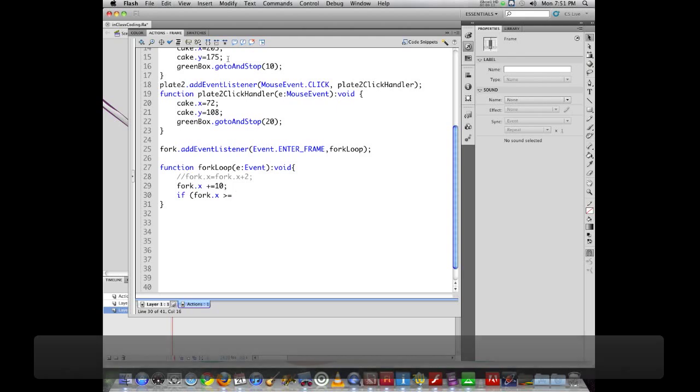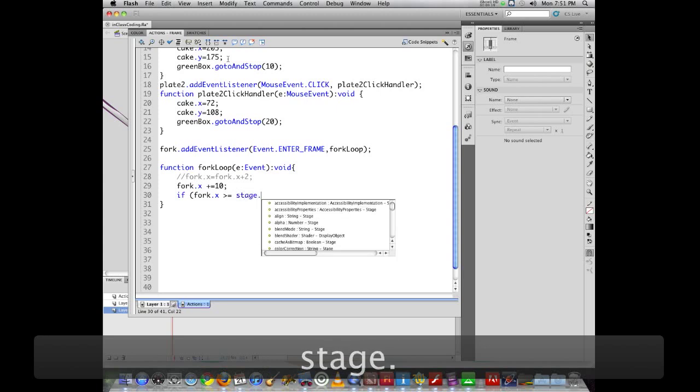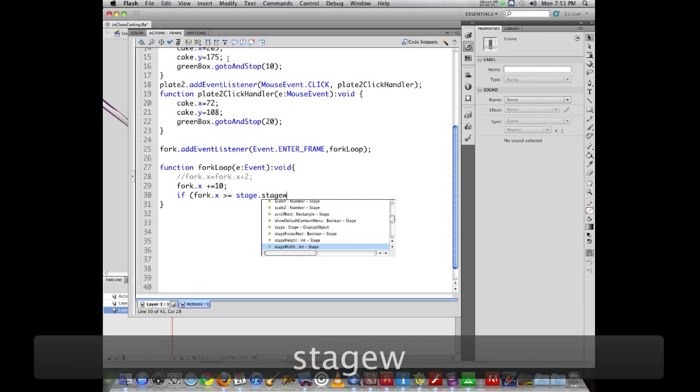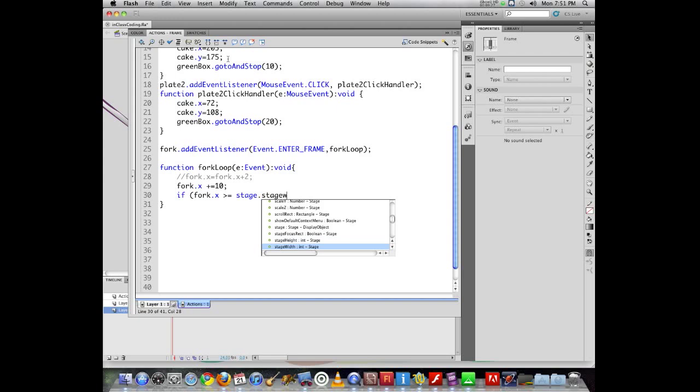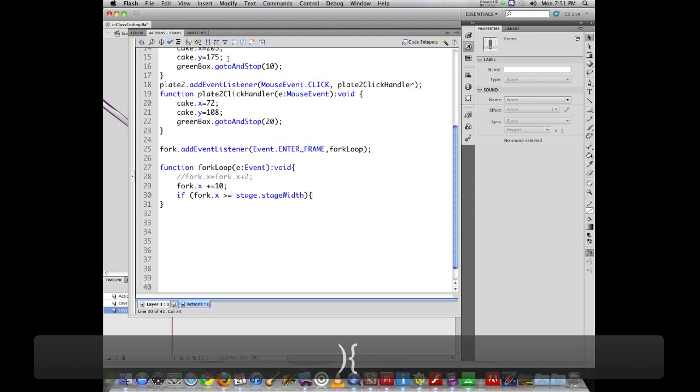So the property is, we say stage. Now objects have a width, but stage is special. So stage.stageWidth. And now we can see right there it's code hinting. When it highlights the term you want in blue, if you hit the return key on the keyboard, it automatically populates with that. So we can say if the x of my object is greater than or equal to, that's what the caret is, the greater than sign or equal to stage.stageWidth, then we put a curly brace and we put